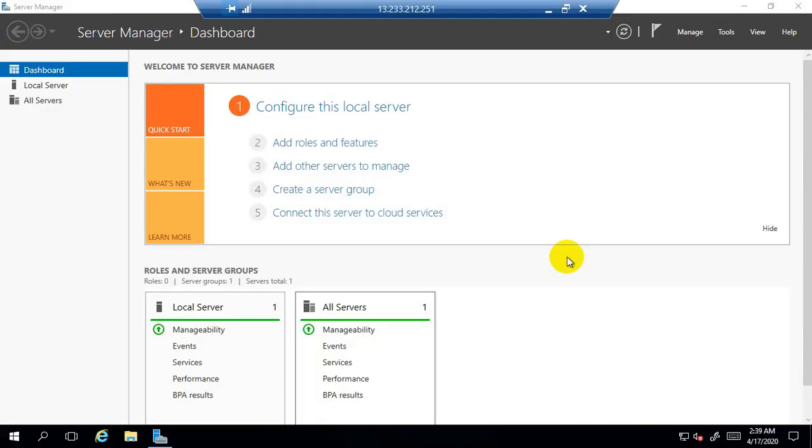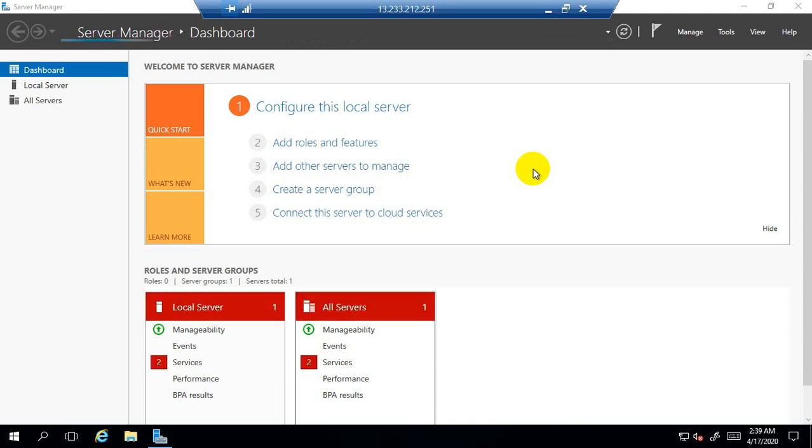Now you can see here the Windows EC2 instance has been loaded. So this is the way how to create a Windows EC2 instance and how we can take the access of the Windows EC2 instance remotely with the help of the RDP.